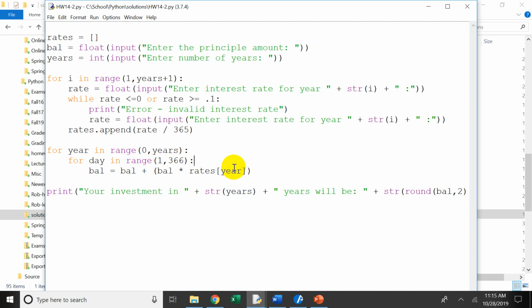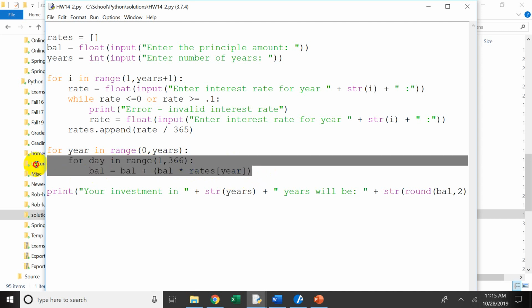So I want to find out what the rate is in the first year. So year is 0, and I'm multiplying times the balance. That's giving me how much interest you're getting in that particular day, and then I'm adding it back into the balance. So this inner loop here is computing day by day what my balance is going to be, tacking on the